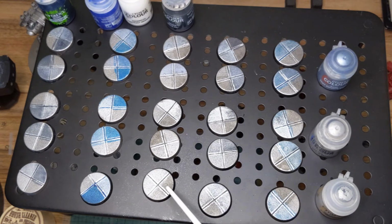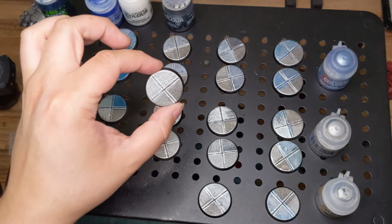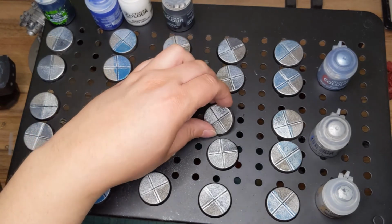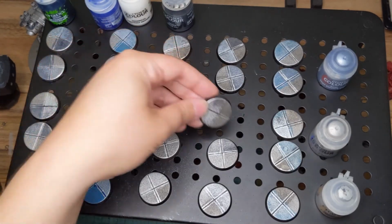And when I highlighted with Stormhost Silver, the Stormhost and the Necron Compound are so close, the difference between the two of them is almost invisible. So I would say save your time and, if you like the color of the Necron Compound, just go with that and maybe don't even bother highlighting it. Unless you're trying to enter a tournament or something, in which case, it might be okay, but I don't know. I can't really see a whole lot of difference. Yeah, it's visible, but it's a very minimal contrast compared to, say, this